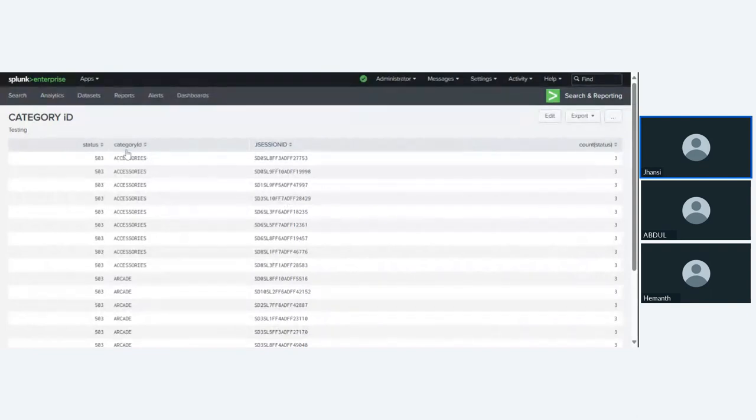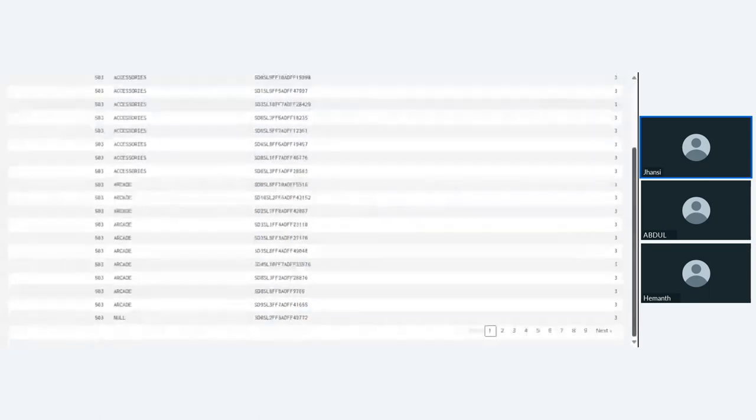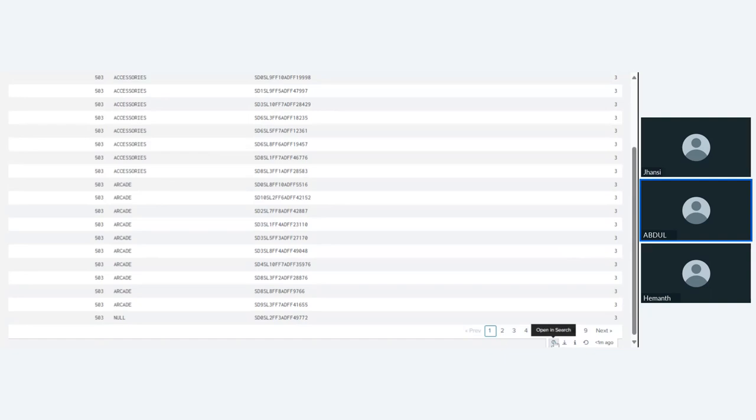Yeah, here I'm asking if these are hyperlinks, if we can use any drill down here. Here we can only open in search, that is the only one we can do. I don't think we can put hyperlinks in these